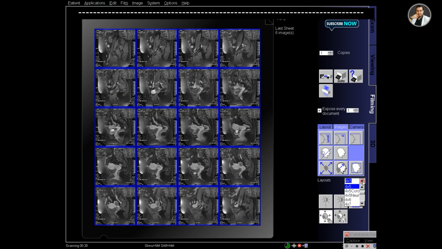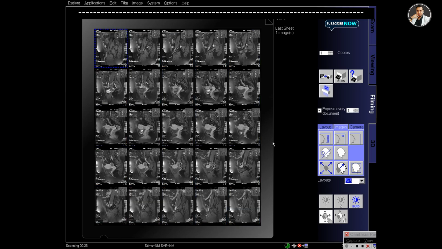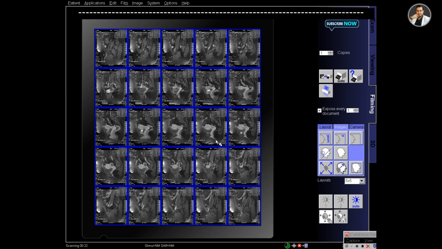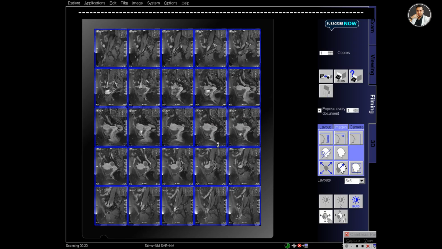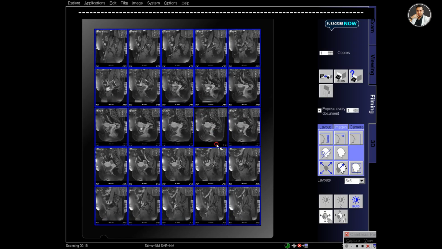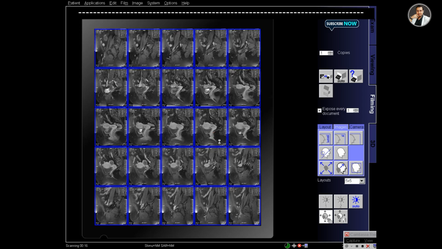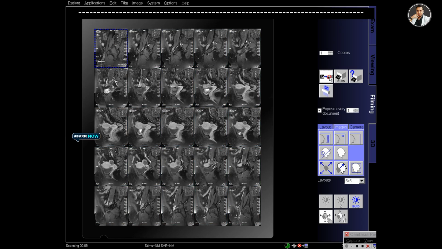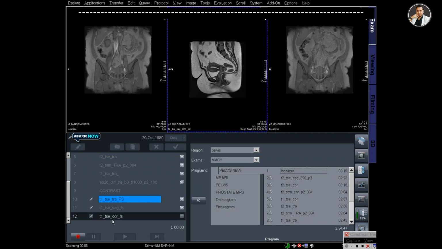Now select the folder, and from layout select 5 into 5. That means the 25 images have been placed here, and adjust the images by zoom panning and changing the contrast, and then print out.